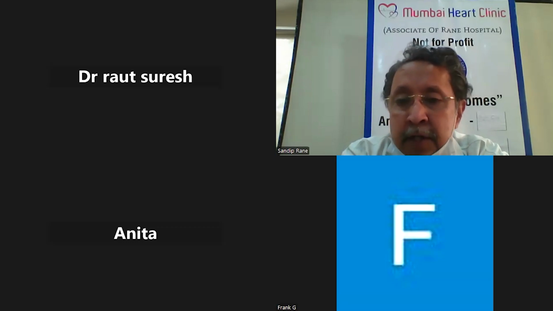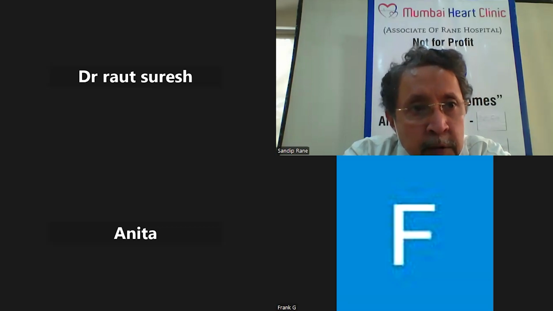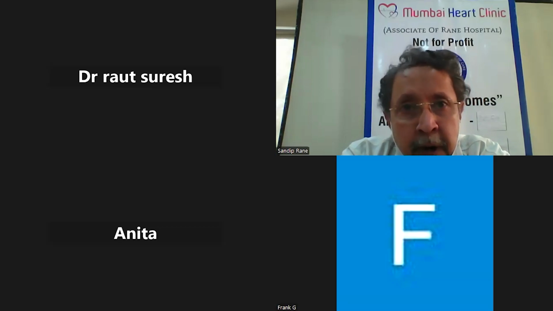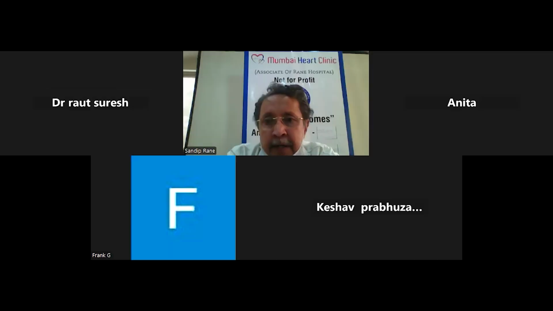The object of this program is to reach out to interiors of Maharashtra, in every district of Maharashtra, so that the doctors in interiors can improve on their patient care and have better outcomes of patients. As we are not able to reach out individually to doctors, we thought this is a better use of technology to reach out so that they can help their patients and improve patient outcomes.